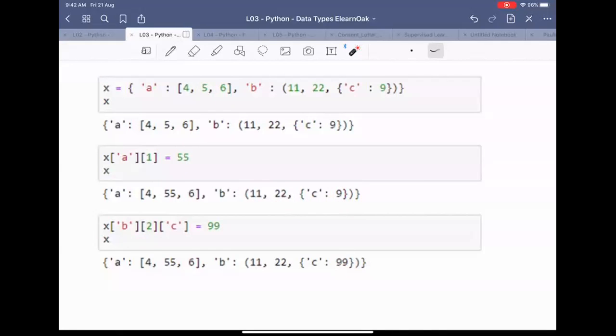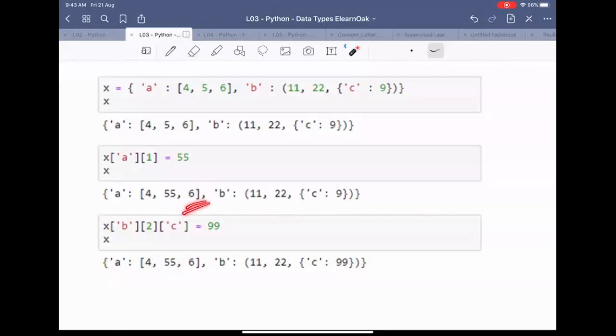Can you tell me how can we access this variable 6? If I want to change this value 6 to the value 66, what kind of code do we have to write? X of A, 2 is equal to 66.